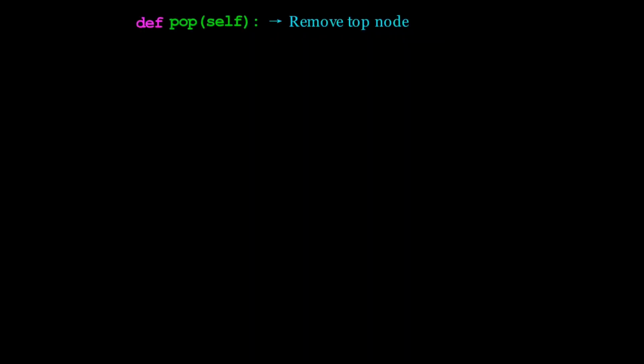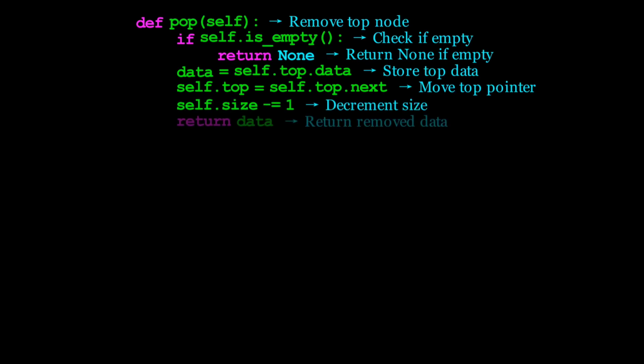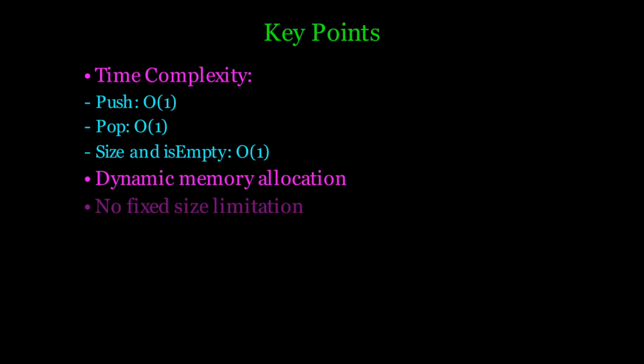Next, the pop operation, which is equally efficient. First, we check if the stack is empty. If not, we store the top node's data. We move the top pointer to the next node in the chain, we decrement our size counter, and finally return the stored data. This linked list implementation offers several key advantages: order of one time complexity for all core operations,